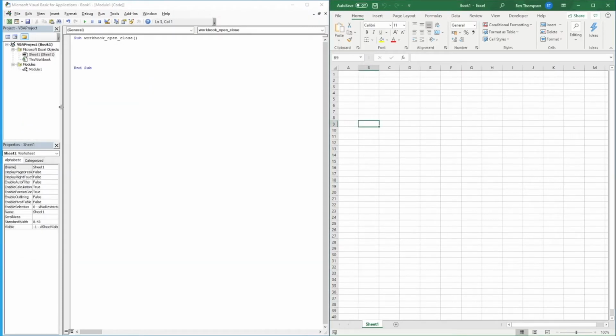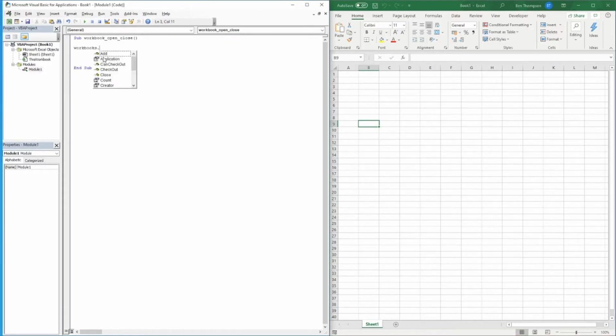Okay, so the first thing we need to do is type Workbooks, and when you hit full stop, you can see that we have a number of options available to us. Some of these other ones we'll look at in time, but the option we want is Open, and you could scroll down to find Open here, or all we need to do is just type the word open, and that will do exactly the same for us. You see as soon as you hit space, it's put the capital O there, so it's reformatted and that value's been accepted. We're then going to type Filename, followed by a colon and equal sign, and then within quotations,